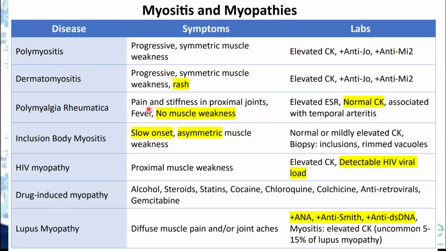But they might give a similar picture to PMR, that is polymyalgia rheumatica, but they will slyly in the middle of the sentence mention it's a muscle weakness. Then you need to quickly shift your diagnosis, right? So these are just one or two differentiating points that you need to keep in mind. If you know these, you don't really have to read through the entire question. Those questions are pretty long.